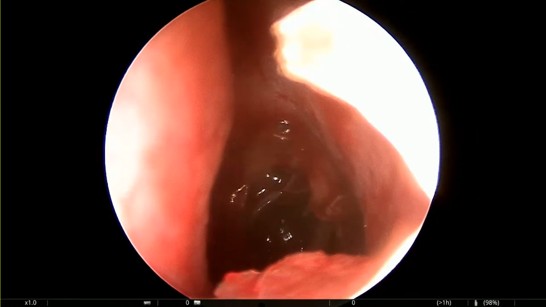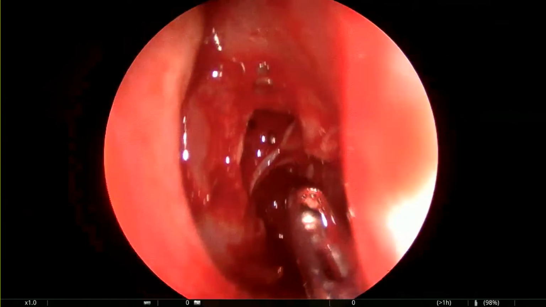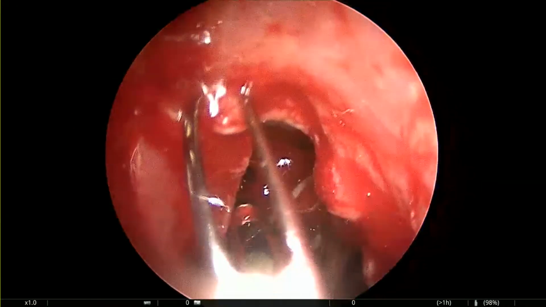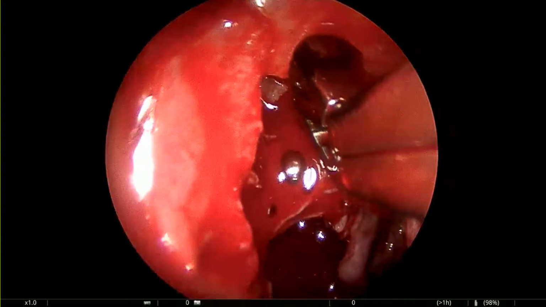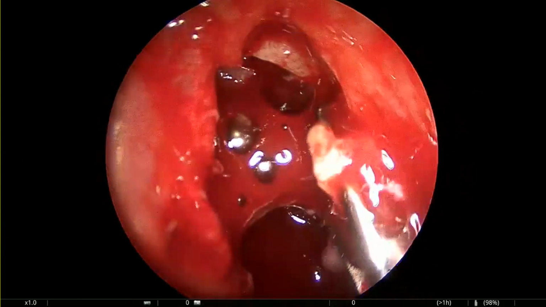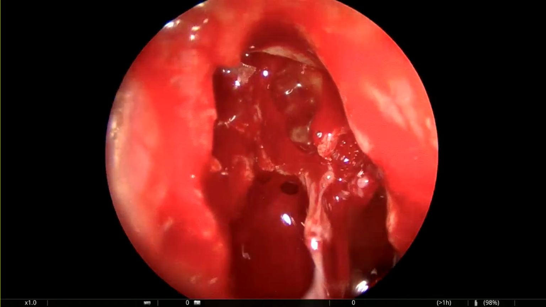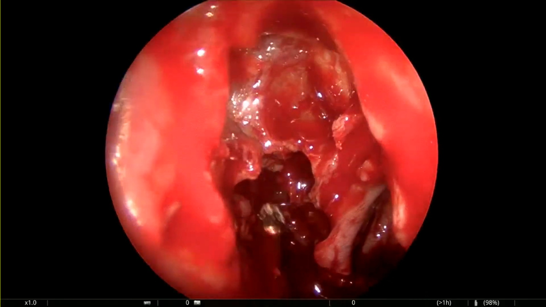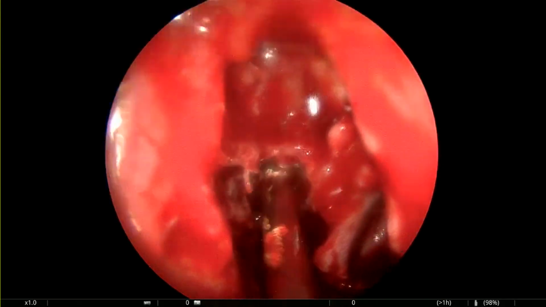Anterior ethmoid. Yes. It's better to control. Yes. All of the cavities